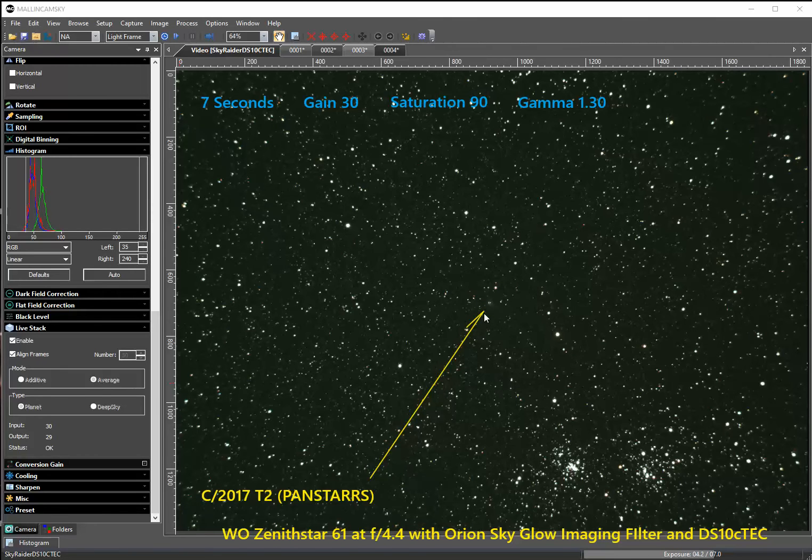I'm trying to bring it out a little bit better. This is such a low powered scope. Okay, let me lower the